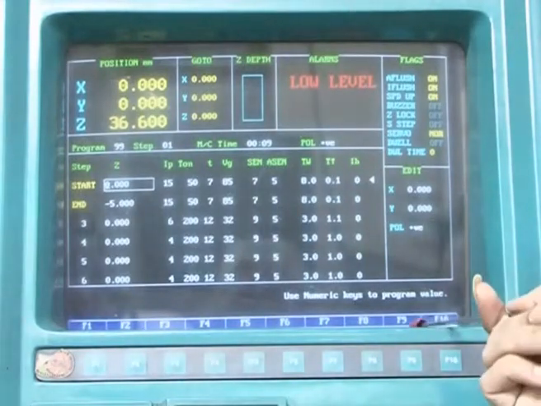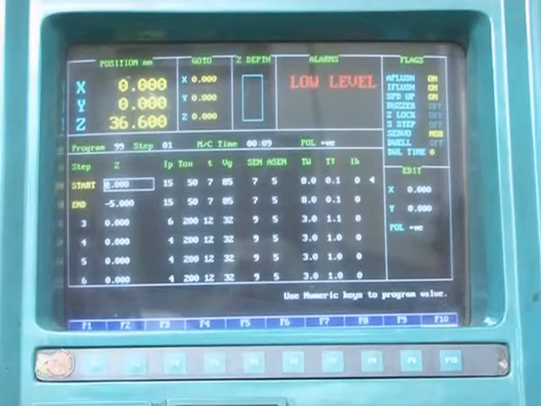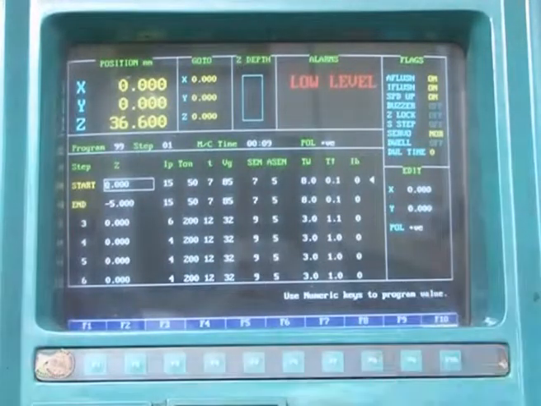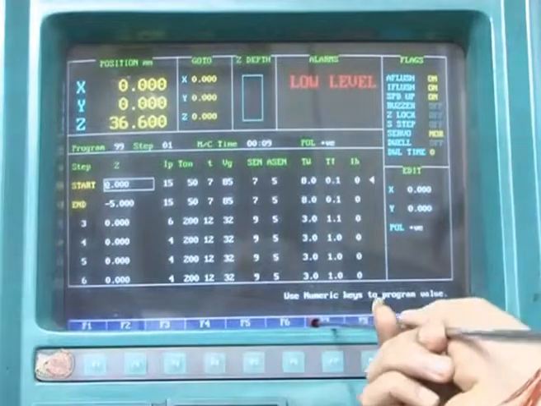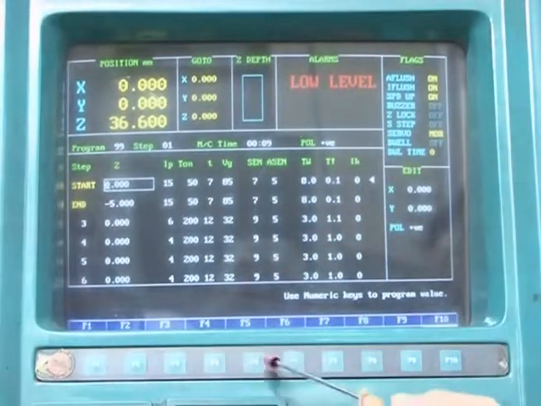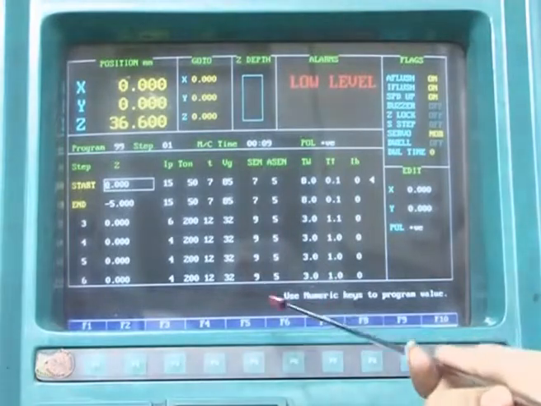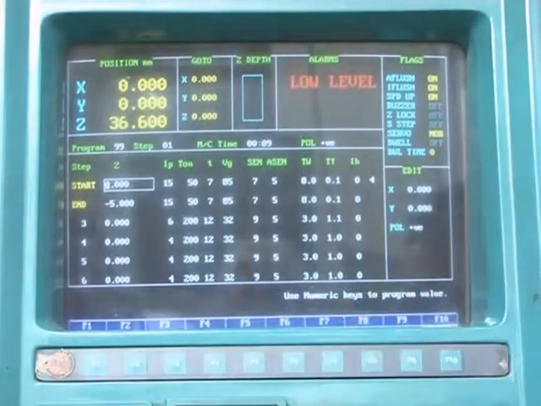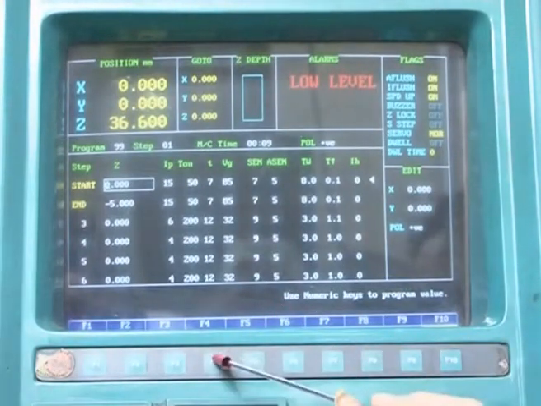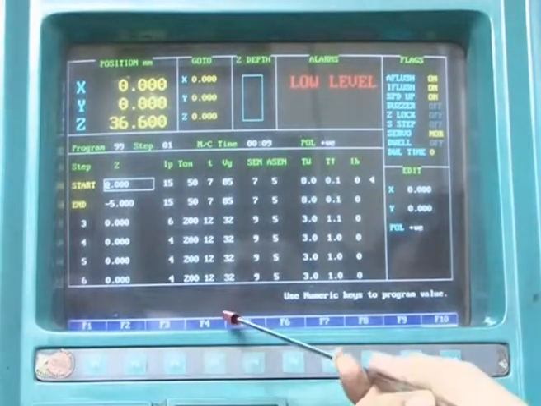Now this F9 is the pump. Pump is that you have to fill this dielectric chamber before starting machining, and this Z down is movement of Z axis, Z up is movement of Z axis again. Alarm reset: if some alarm is given by this control panel, then you can press this button to switch off that alarm. And then end step, this means if you are giving a step machining, then you can set it by this F5 button, and standard step is F4.